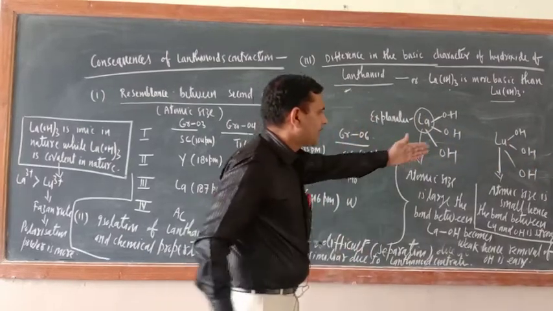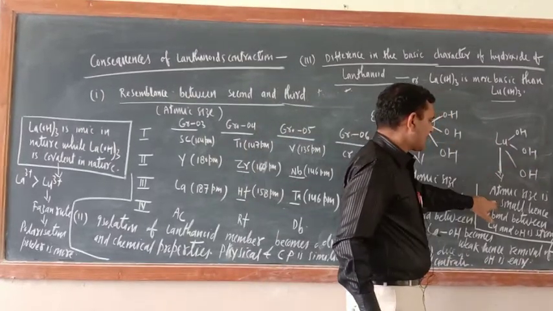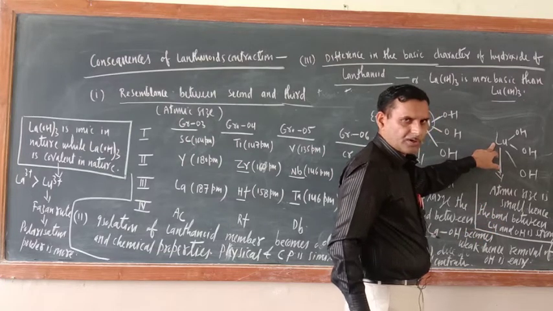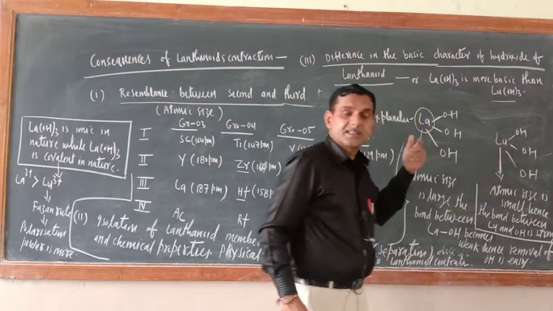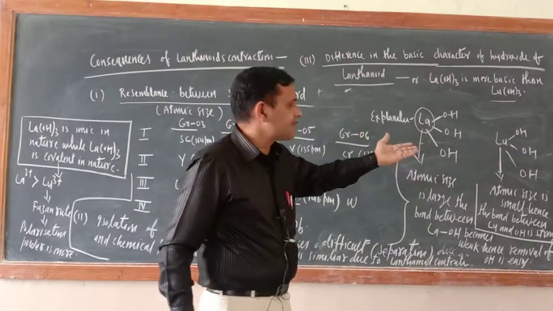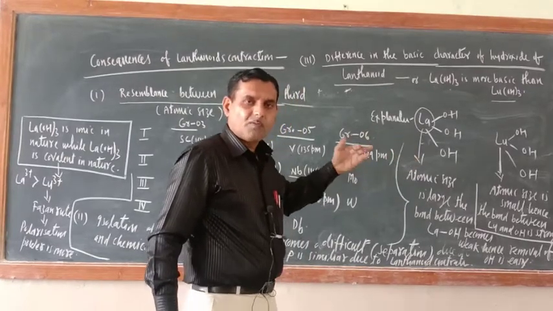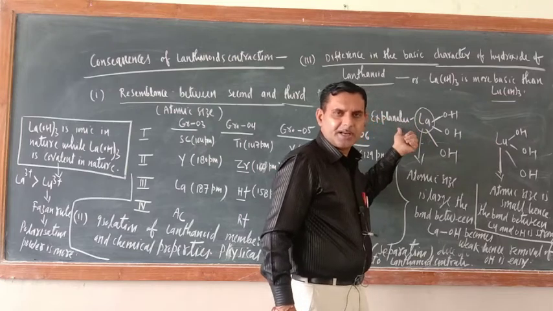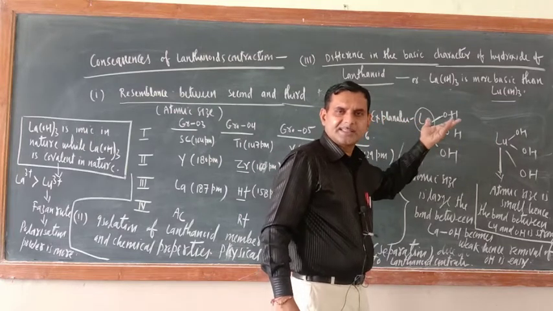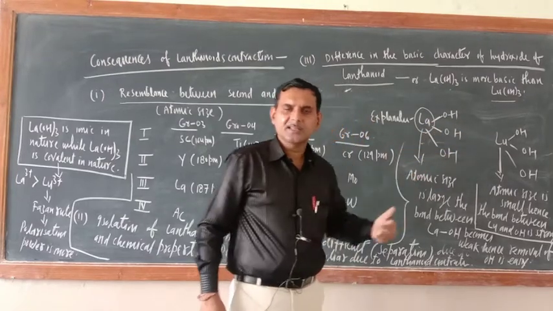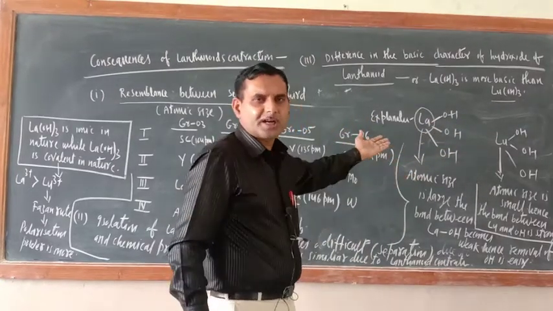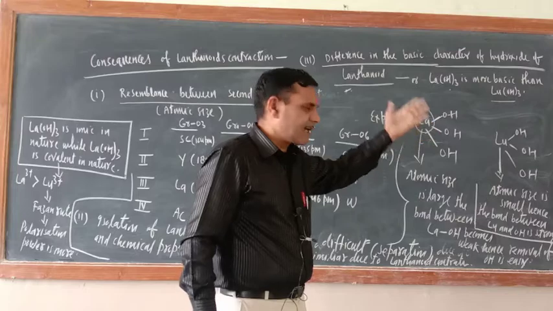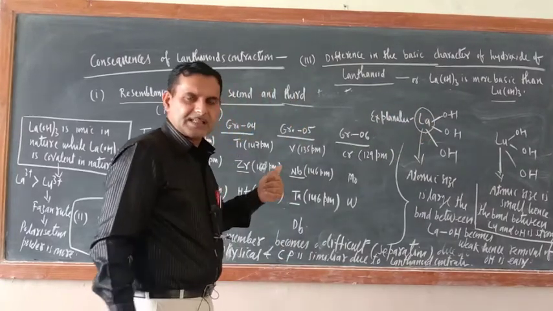Okay, so in the case of lutetium, the atomic size is small, hence the bond between Lu and OH is strong, so removal of OH is less, so it is less basic. Correct or not? Now why is lutetium's atomic size small? Due to lanthanide contraction. Now lanthanum is not affected, so its size is large. There is no effect of lanthanide contraction on lanthanum, so that is why it is basic, that is, lutetium is less basic.